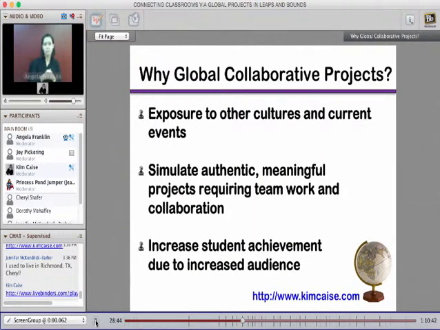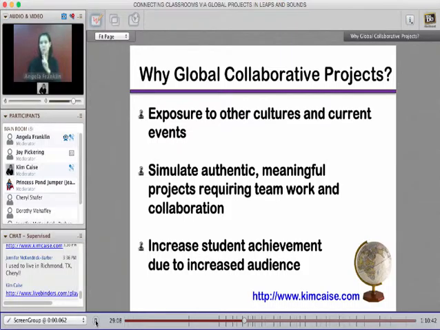So let's get started and talk about why we would like students to participate in global projects. It gives students exposure to other cultures and lets them see and hear about current events that they might hear in the news, see that live and hear about some of those things from another student's perspective.